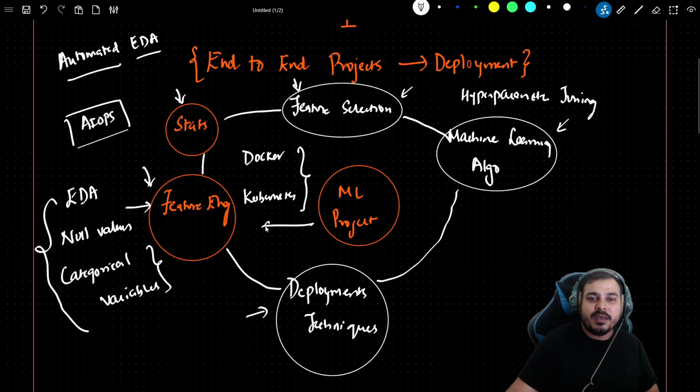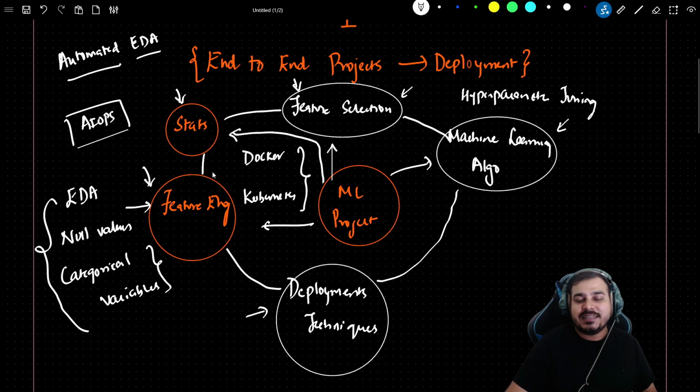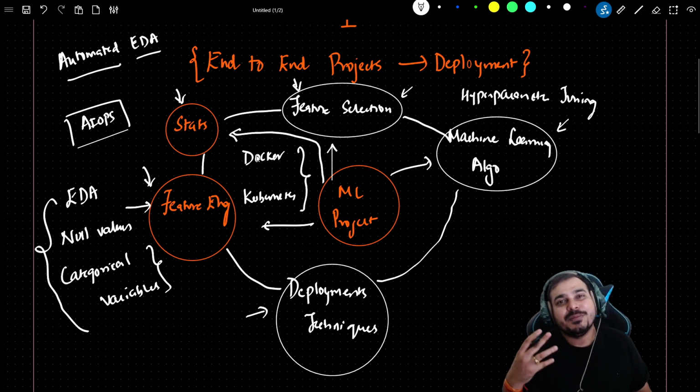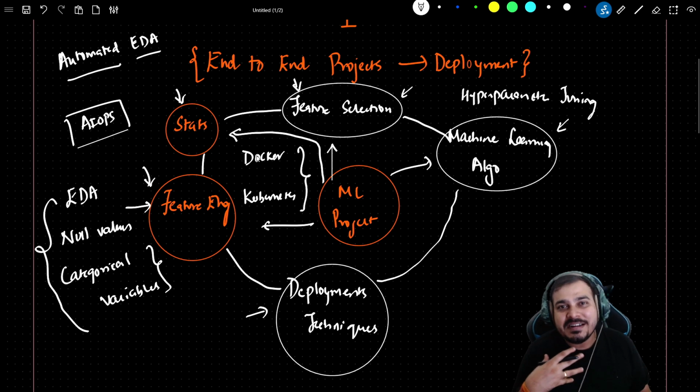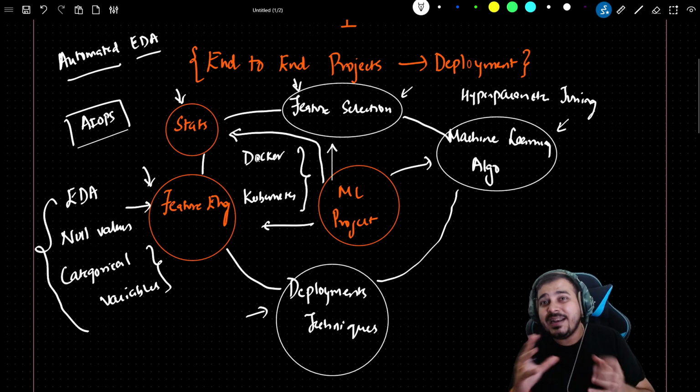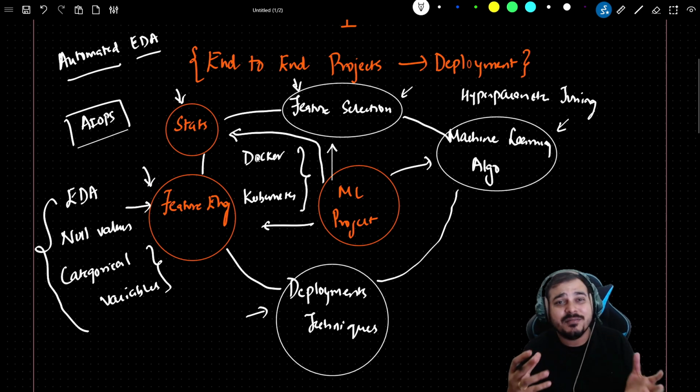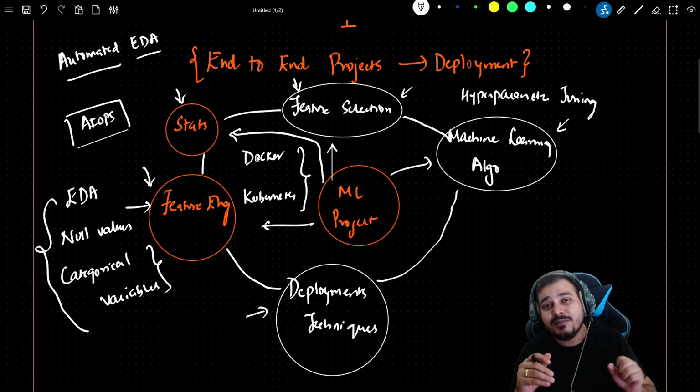First of all, you are going over here, and over here, and over here, and when you are learning about feature engineering and feature selection, probably you will also be learning about statistics, because statistics tells what kind of data is involved. If I talk about normal distribution, you should know how normally distributed data looks. If I'm talking about the central limit theorem, you should be able to relate that to the data. There are techniques like transformation, and the entire set of techniques involved is related to statistics.